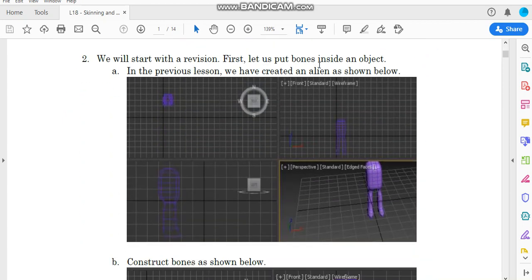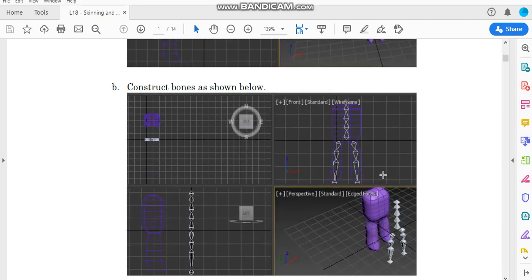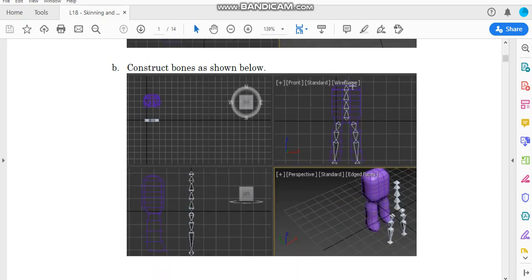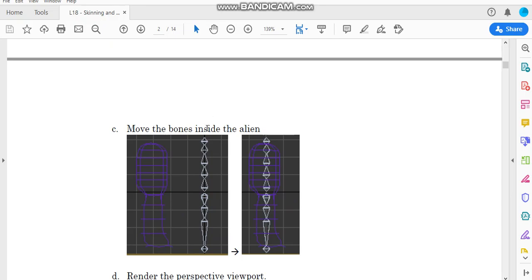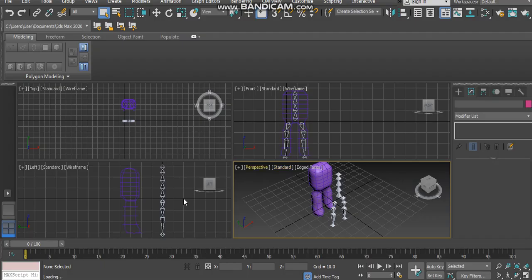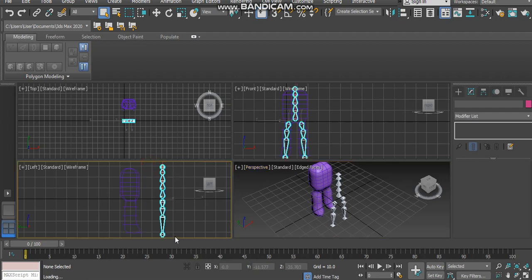First, let us put bones inside an object. In the previous lesson we already created this one, so I hope you have also constructed bones as follows. Currently the bones are outside. What we're going to do next is move the bones inside the alien. I have the file over here, so I'm going to select this one and move it